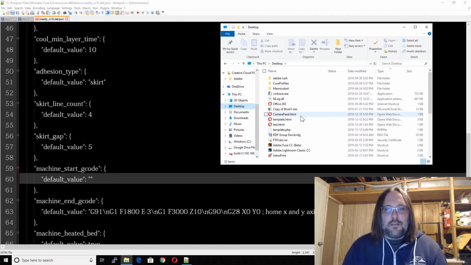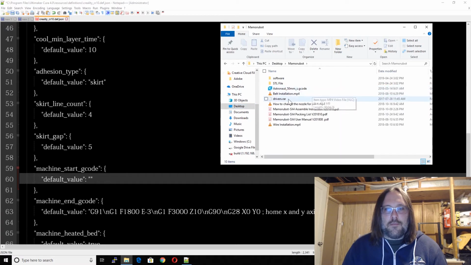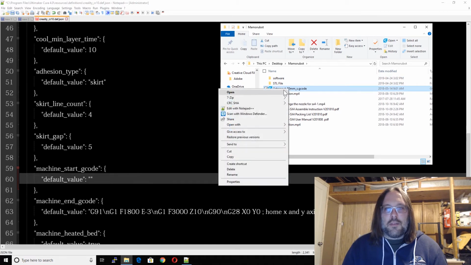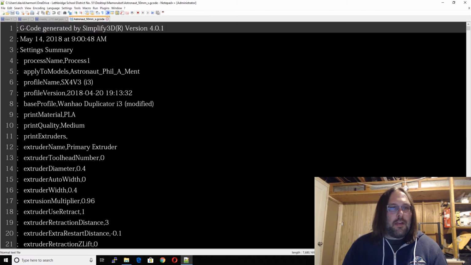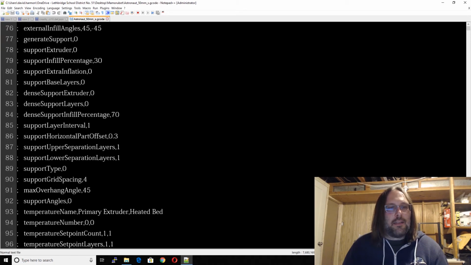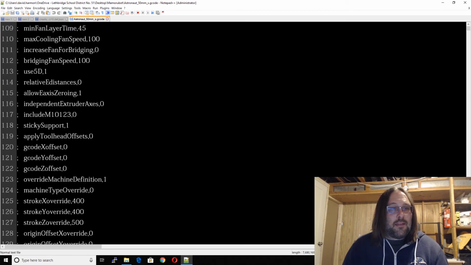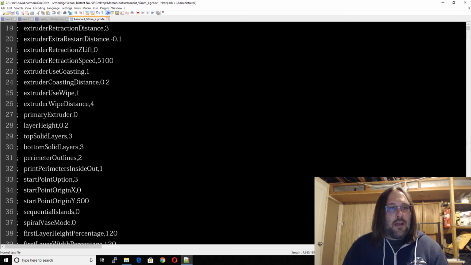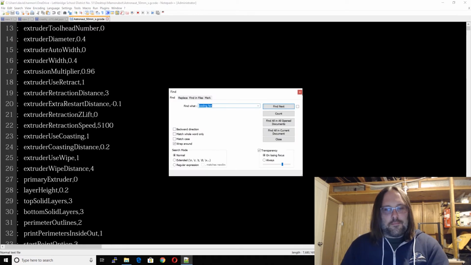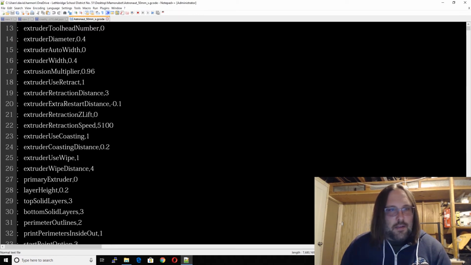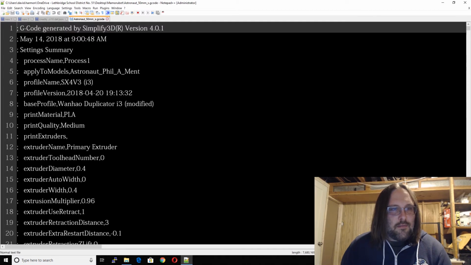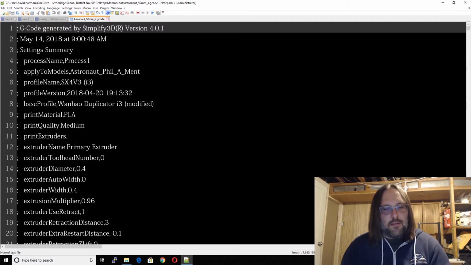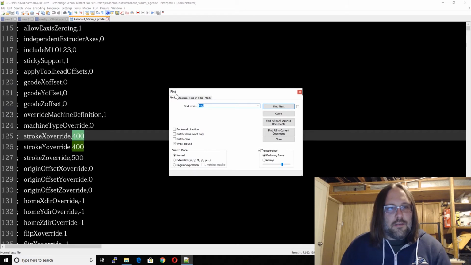So if I go to my desktop into the Mamarubot folder here, this little astronaut fellow was the test print they sent. So what I'll do is if I edit that file, it'll open up inside my Notepad++ here, and I can actually look and see some of the settings that we pulled out and put in. So if we just scroll down, there's lots of width, height, so I could even search for 400, and then we have our